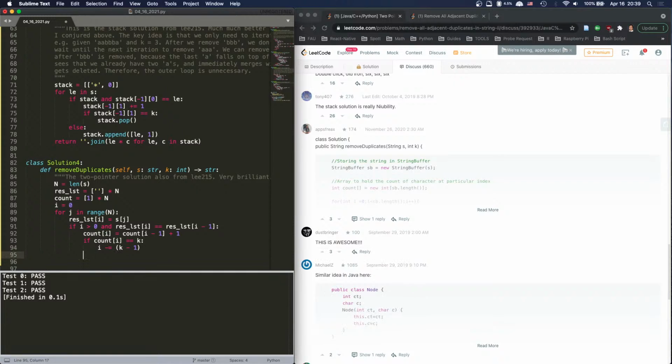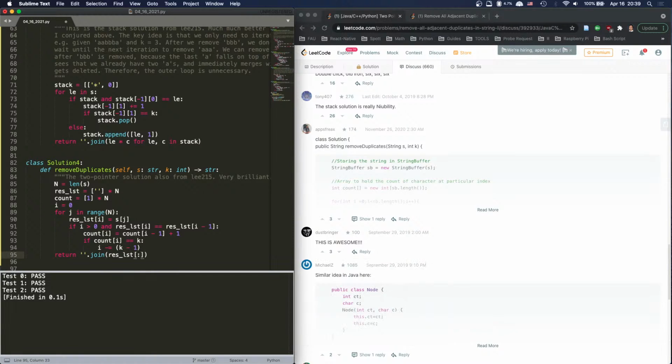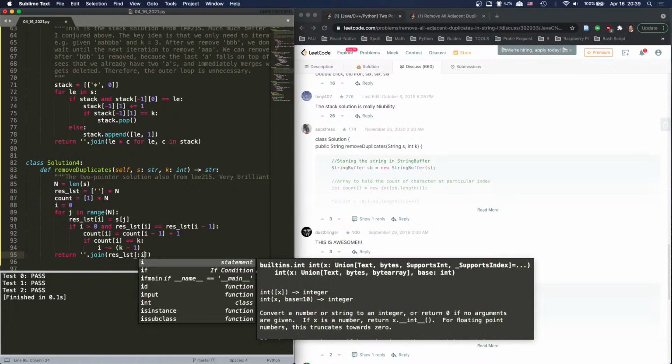Yeah, that's my understanding. So we're going to finish, right? After we finish, what we're going to return is basically dot join rest list to I, because I will always be pointing at